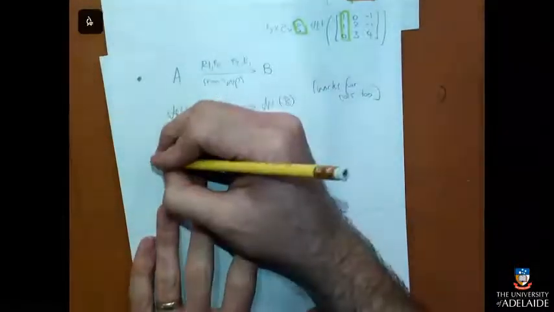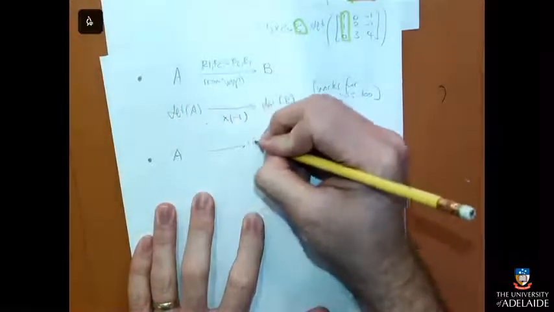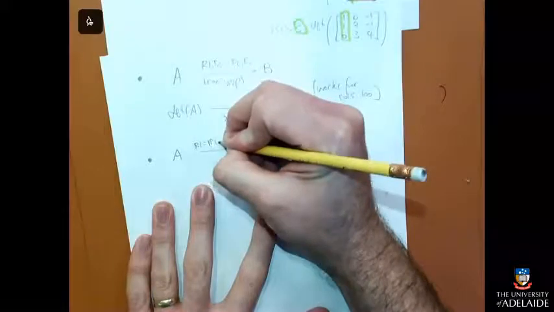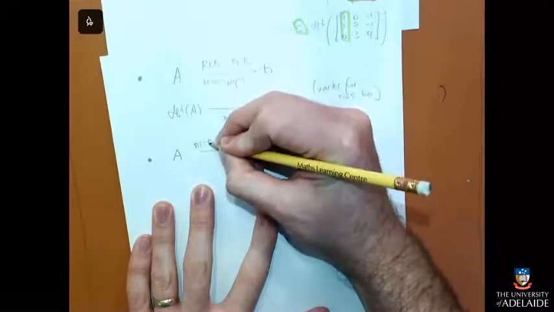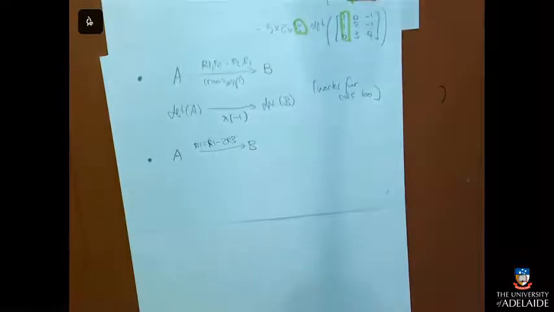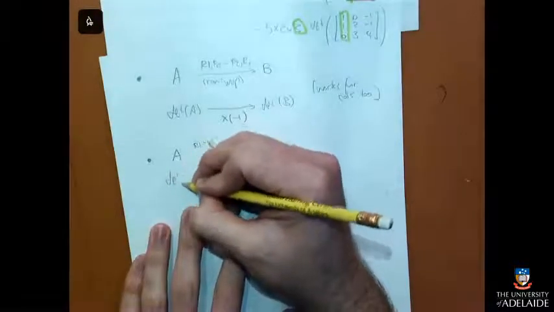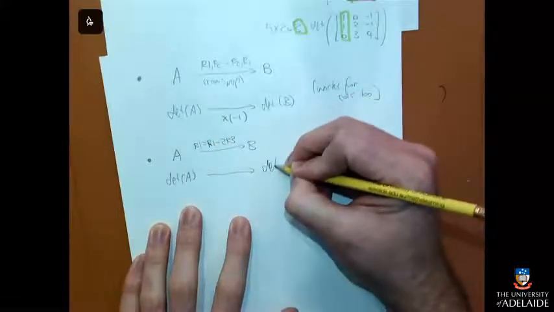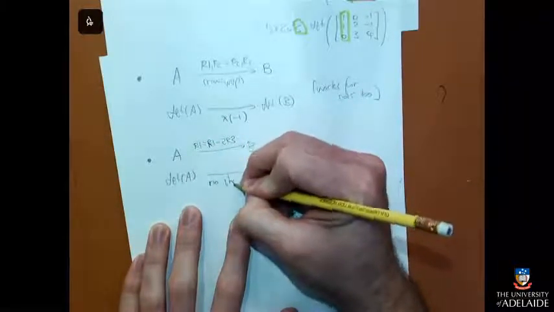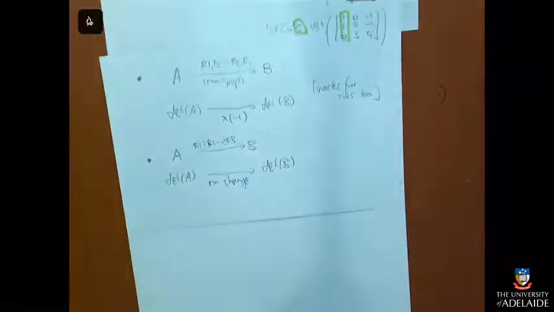And the third kind of row operation that you can do is you can add on a multiple of one row onto another. Something like that, row 1 minus 2 of row 3. Doesn't really matter what the numbers are. And that row operation does not change the determinant at all. That's why we're so pernickety about keeping the row that you're changing as a plus.